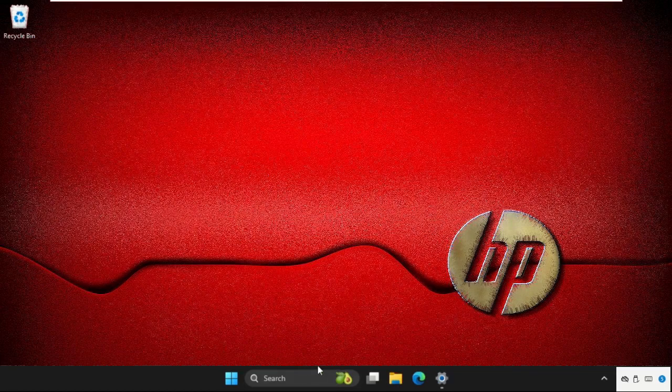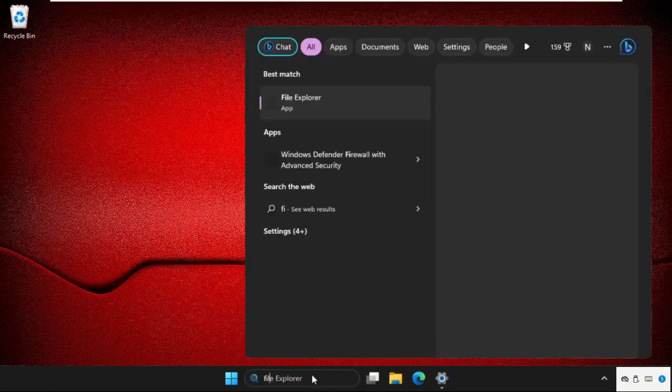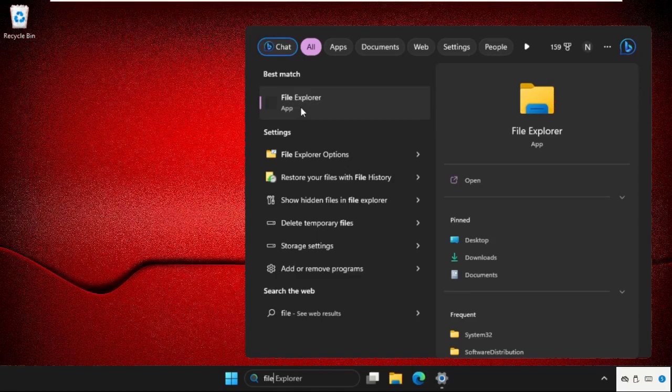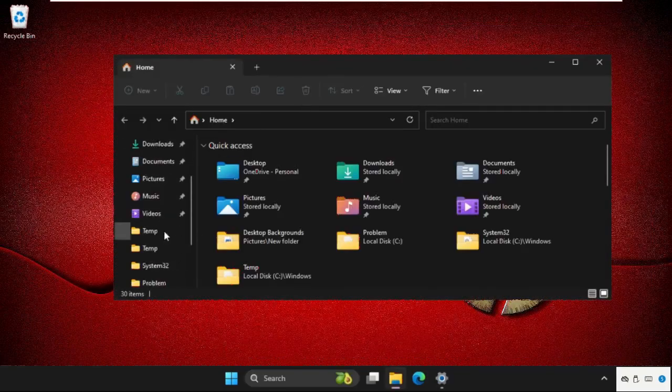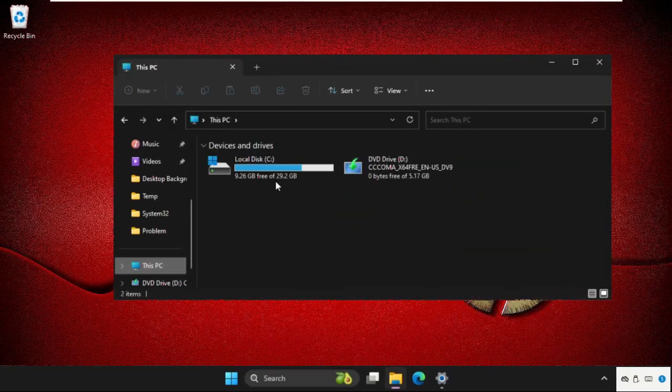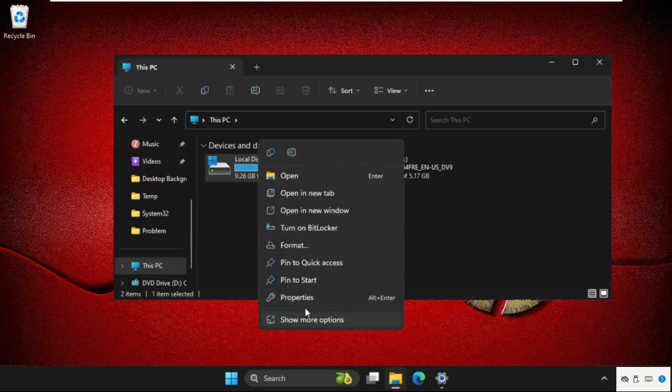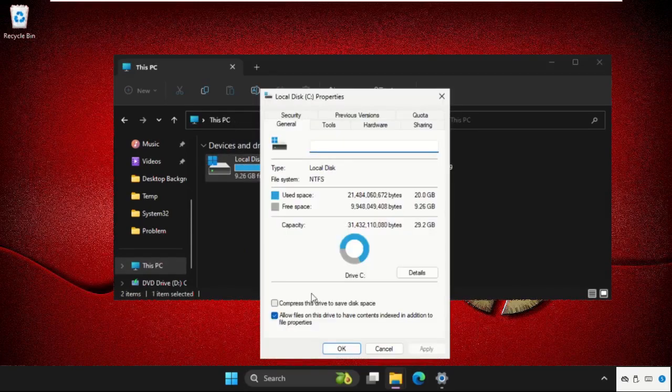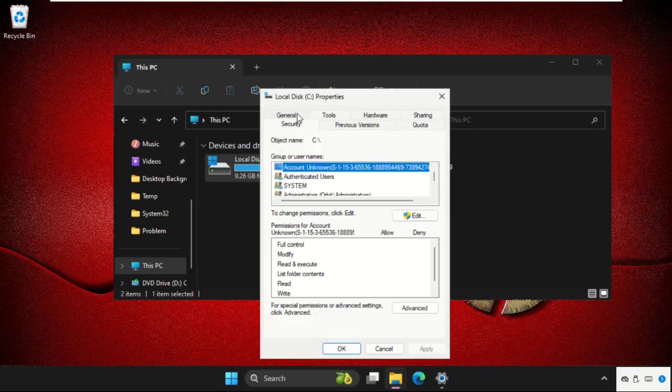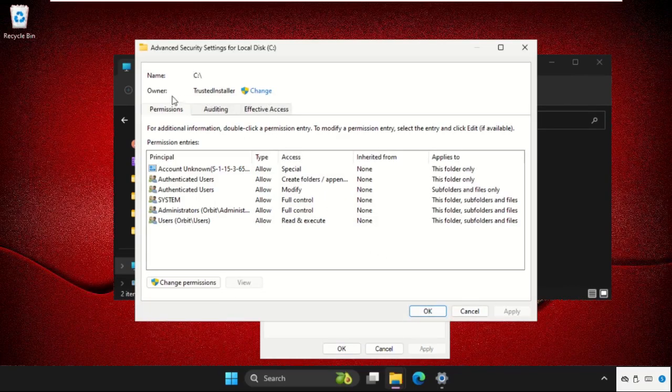Now we need to open File Explorer again. My bad, I just closed it. So here it is. Go to This PC, right click on C drive and open its properties. Then go to the Security tab and click on the Advanced option. Now click on Change